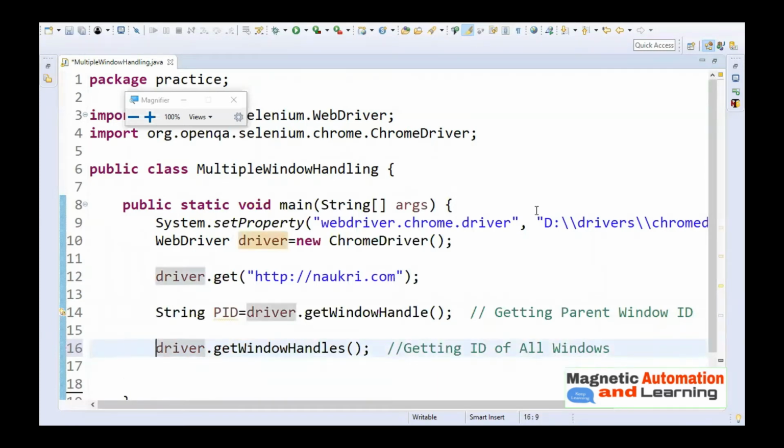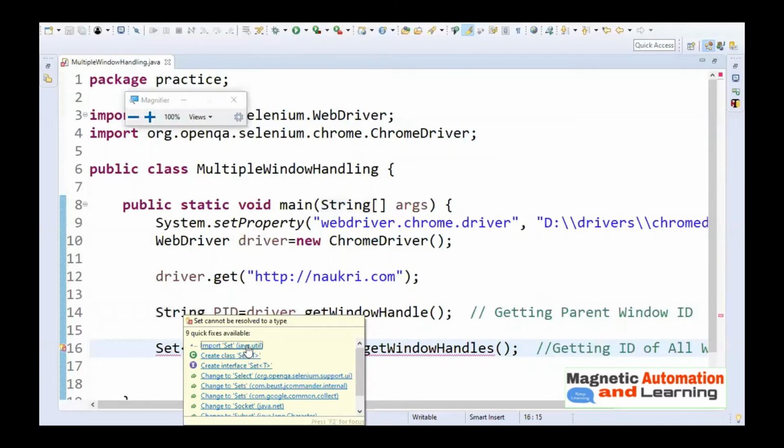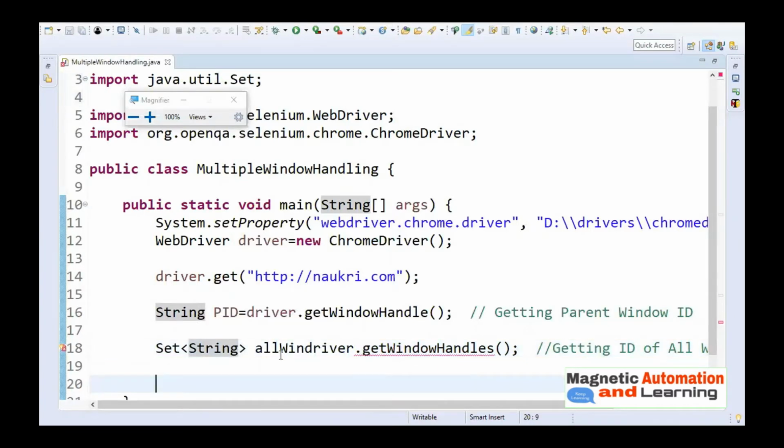So I will store it inside a Set of String, and I will name this set allWin. I will import Set from java.util. allWin equals this.